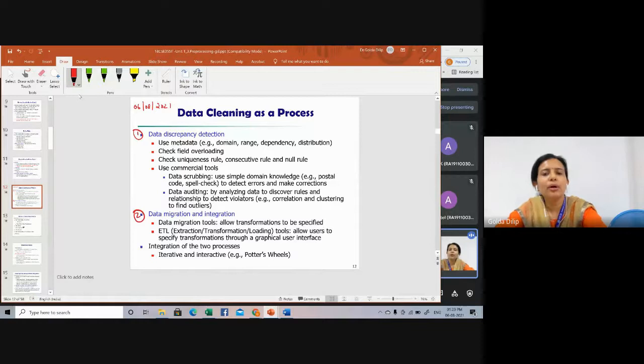Discrepancy can be due to various issues. Some people deliberately do not enter certain fields. They don't want to give their personal information like date of birth. That could be a case of discrepancy, or an outdated address, or some irrelevant data being supplied, or some inconsistent data. For example, age is being given as 300. That's inconsistent data, or the system has not recorded the data properly, or some inadequate data.